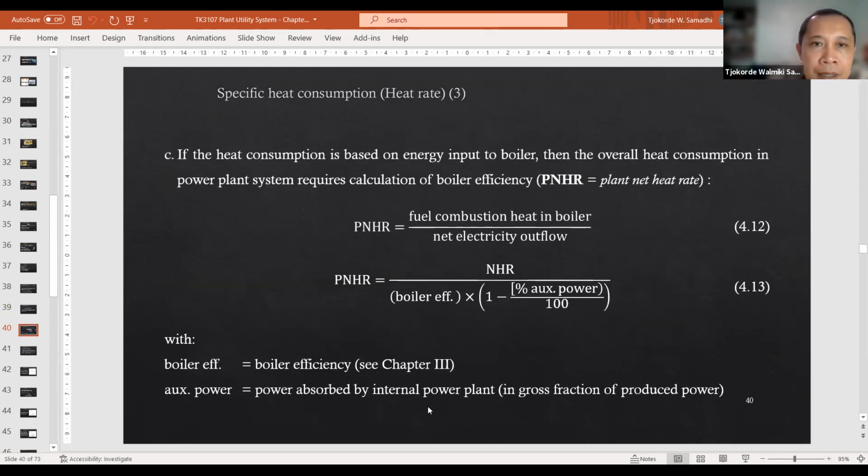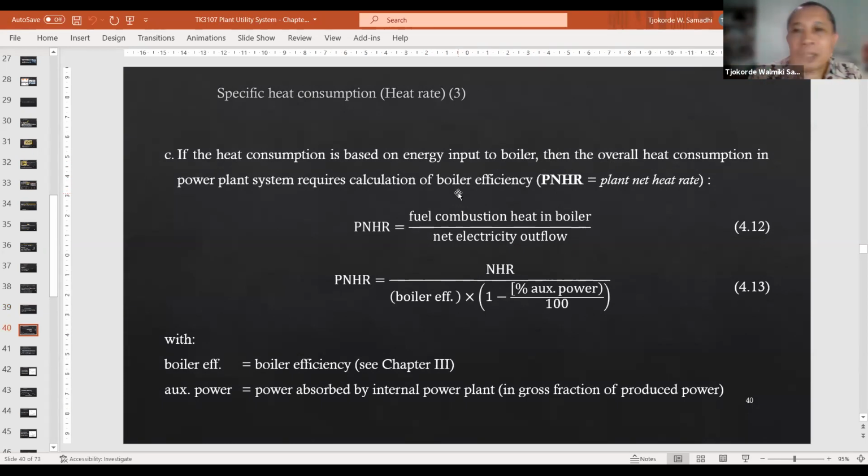Now, the next one is PNHR. Okay, power plant or plant net heat rate. Okay, so if the heat consumption is based on energy input to the boiler, okay, then the overall heat consumption in power plant system requires calculation of boiler efficiency. So we're taking this analysis one step further, one step back. Okay,